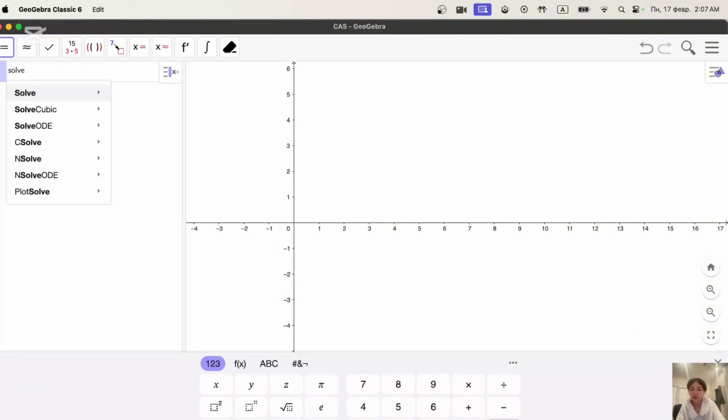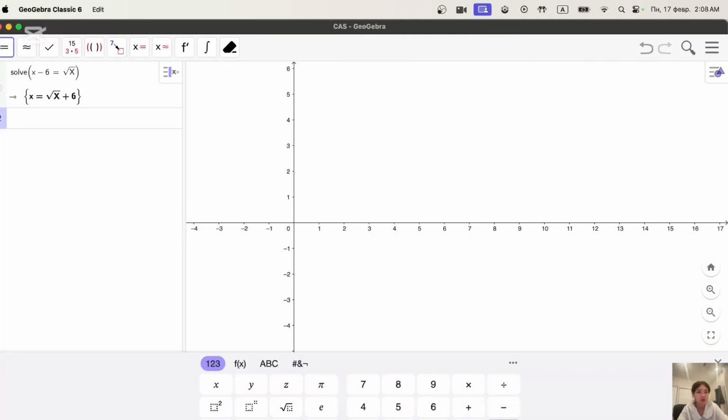So x minus 6. If we press enter, GeoGebra will return